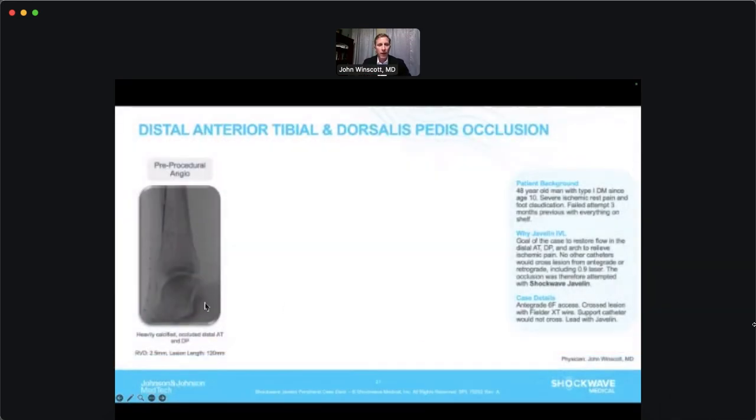So I'm going to demonstrate a case from my practice, which is actually the very first JAVELIN case that we did here in my hospital. And the history behind this patient is really interesting. He's a type 1 diabetic since teenager, so for over 30 years. He's now in his late 40s. He's an attorney here in town, has really bad ischemic rest pain and foot claudication when he walks. He's very limited, was having trouble getting through airports because of the foot claudication and sleeping at night because of